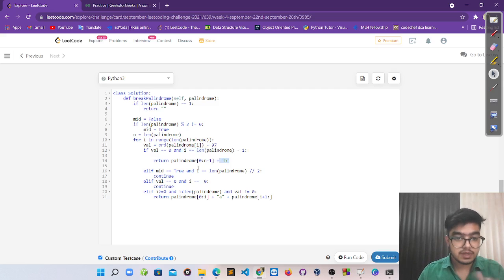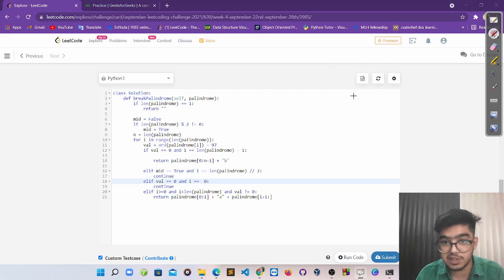Another case is, if mid is true, it means we have a middle element. It means the length of the palindrome is odd. In that case, if our i is pointing to the middle character, we don't do anything, we simply continue from there.